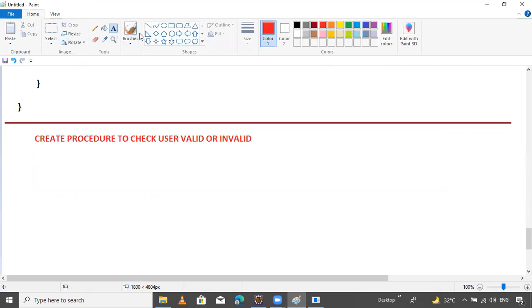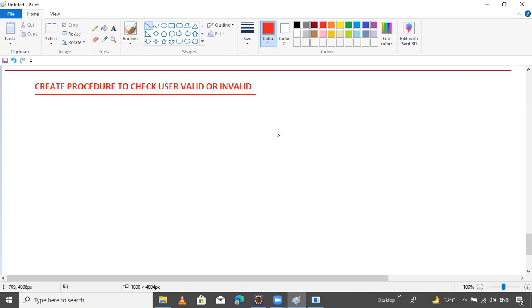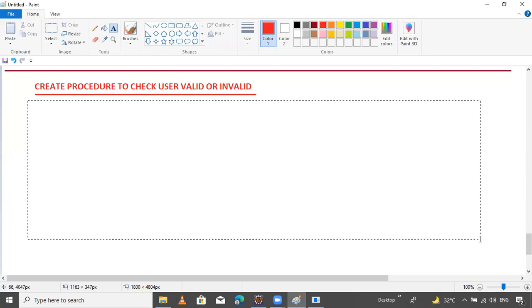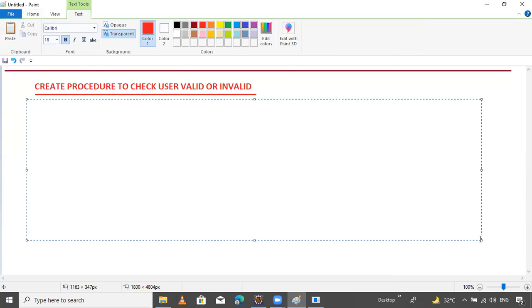So how to create a procedure like that, guys? This is our task. Okay. Very simple. Just declare three parameters. First parameter is in type, second parameter is also in type, and third parameter is output.